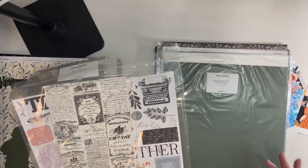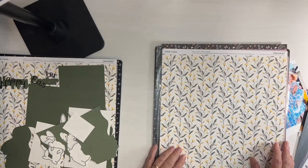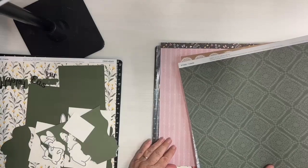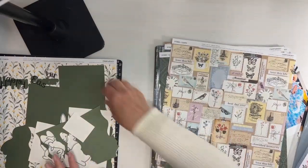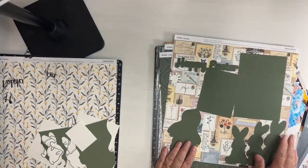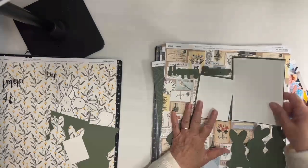So the two things I buy when I like a paper pack, I'll buy this, which gives me the pattern paper. Mine are out right now. Hold on, I'll show you what they are. This is what's in the pattern paper along with the sticker. So pretty. This one I like. This one's a little much, but we could do this with a bigger simple. So let's see what this looks like. We're not going to use this one for ours, but let's see what it would look like. You can see that you can still get away with something like this because even though it's a busy background, if I had some simple photos that weren't too busy, I'd be okay. All right. Anywho,